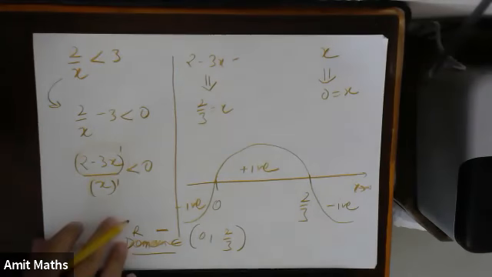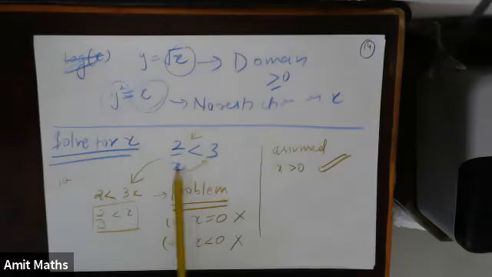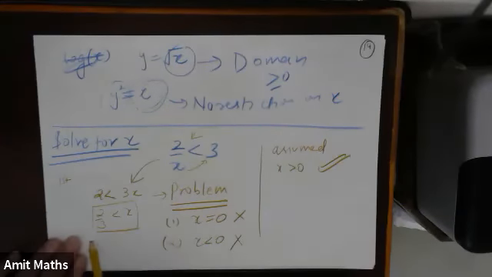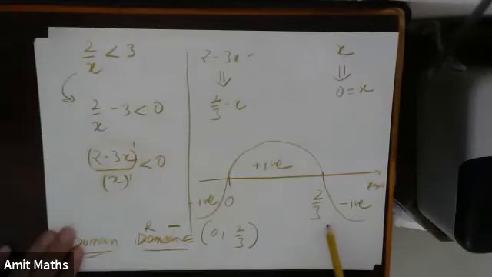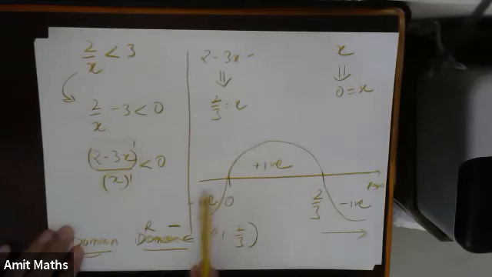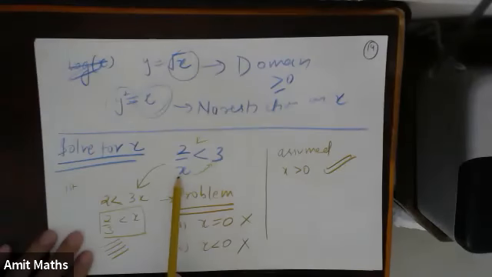Now see, when we were cross multiplying this x, what solution were we getting? We were only getting the solution which we have already got, that it should be greater than 2 by 3. Which solution are we missing? We are missing the negative part as a whole. We are missing the part where x should be less than 0.